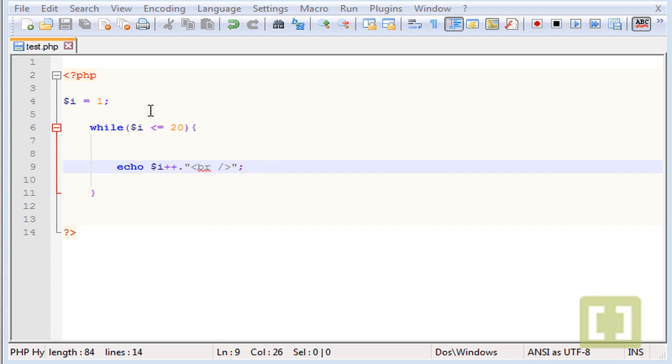Okay, so play a little bit more with it, change the values, and this is how we create a while loop. See you